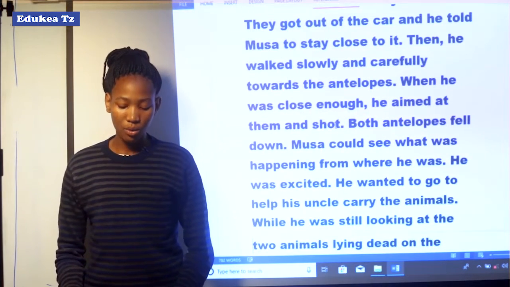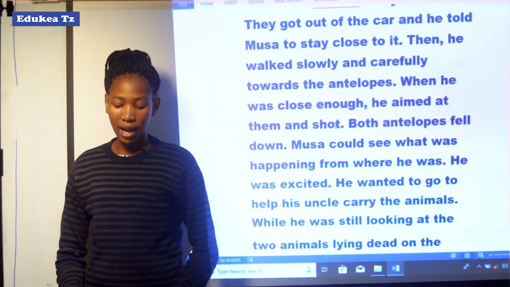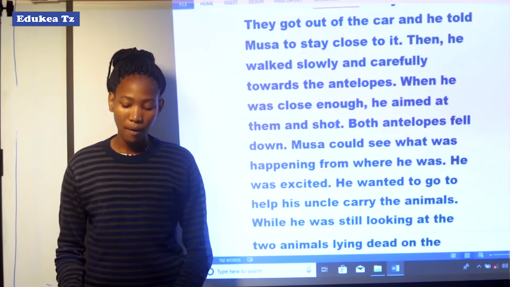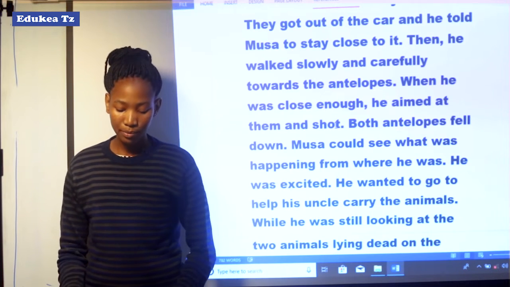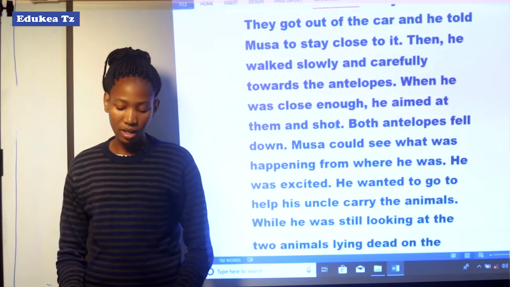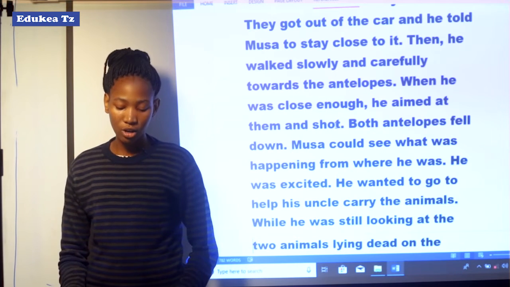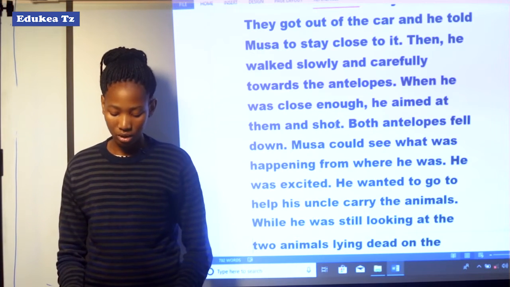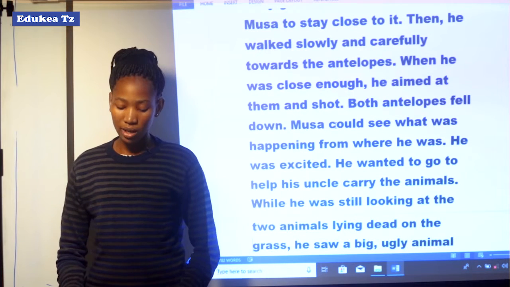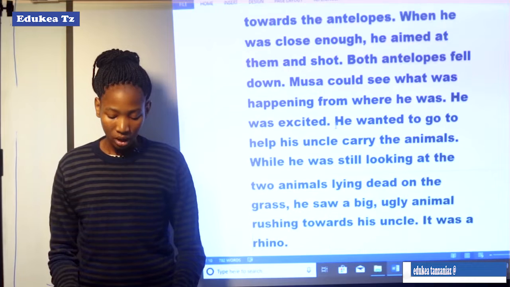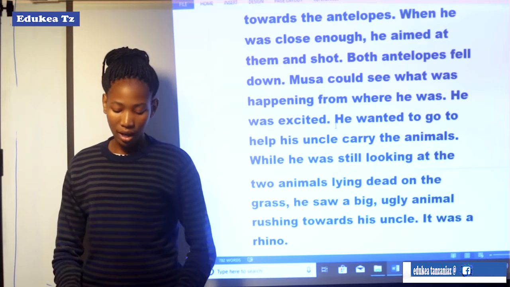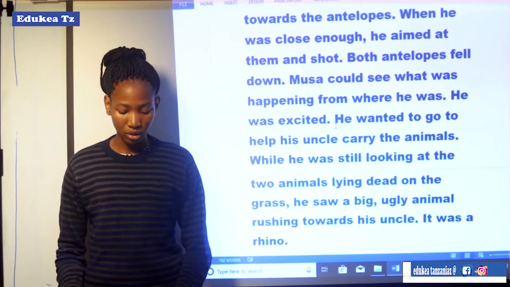When he was close enough, he aimed at them and shot. Both antelopes fell down. Musa could see what was happening from where he was. He was excited. He wanted to go to help his uncle kill the animals. While he was still looking at the two animals lying dead on the grass, he saw a big, angry animal